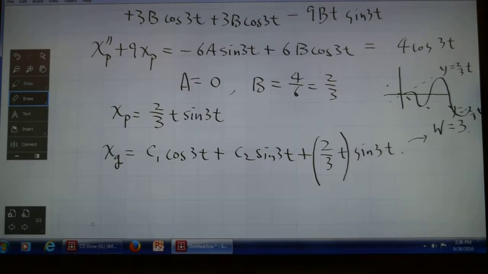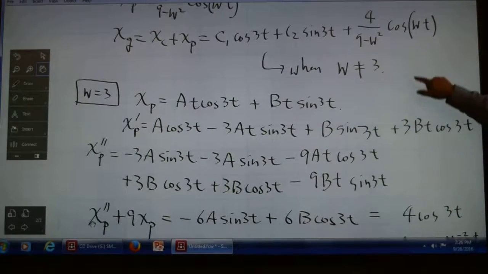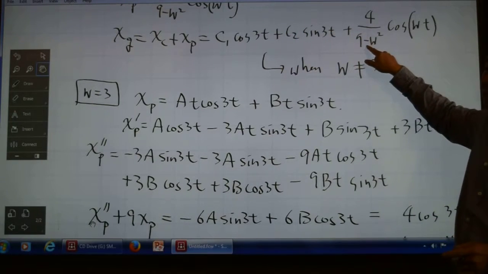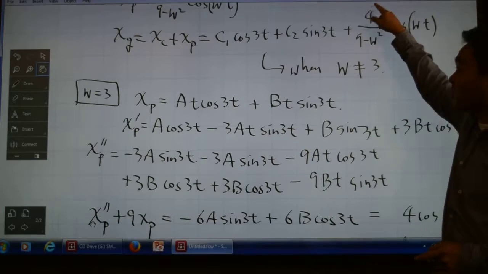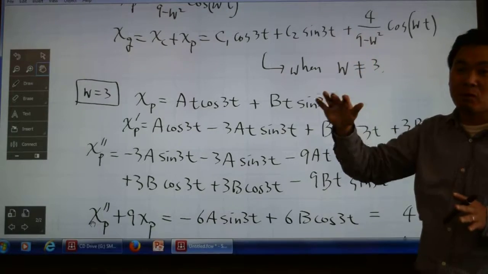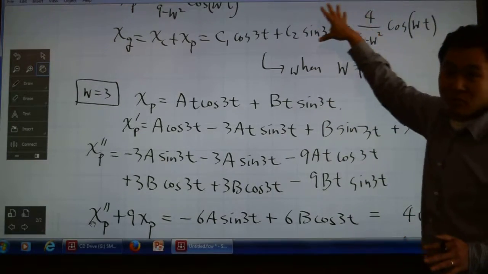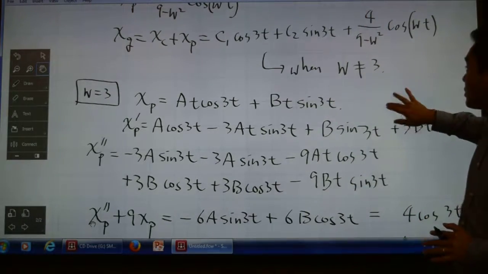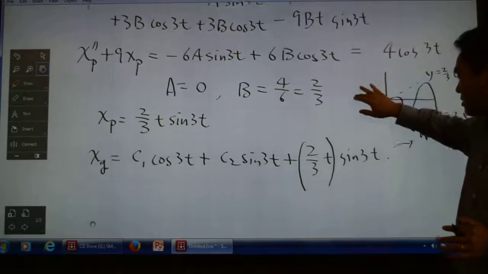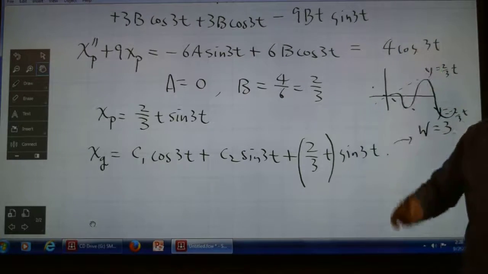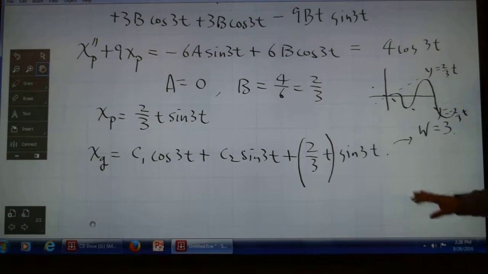So did the first answer not have resonance in it? The first one is the case when you don't have the resonance. If you don't have the resonance, you can see that when w is getting closer and closer to 3, this value is huge, right? So already, if you're pretty close to the resonance, the swings are pretty high. But it's not increasing, it's finite. It doesn't increase to infinity, it's finite, right? But when you get the resonance, then you suddenly have a term where the amplitude is growing without bound. So this is what can cause a lot of